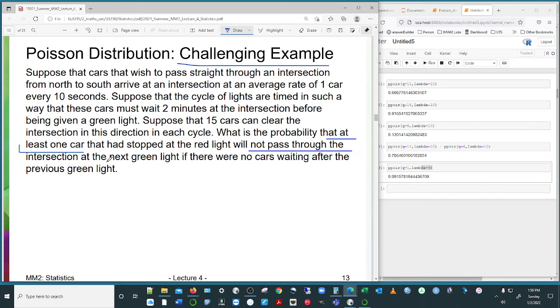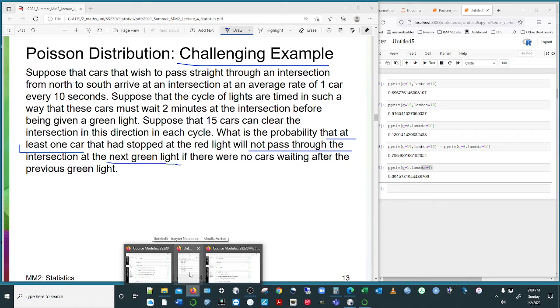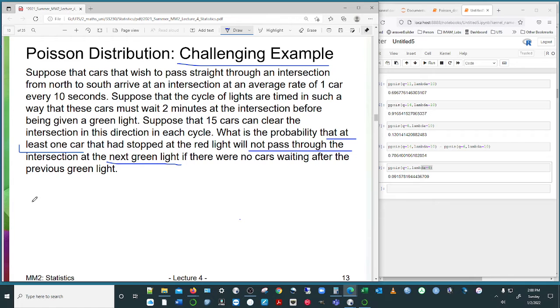So this falls into the category of traffic engineering, or if you want to look at the mathematics of this, it's operational research. That's a whole topic of its own. So at least one car, if we go back and look at our particular little pictures that we got, at least will tell us that it looks like this. So our random variable, we can't use that because we don't have a function that does that. So what we have to do is take the complement of that.